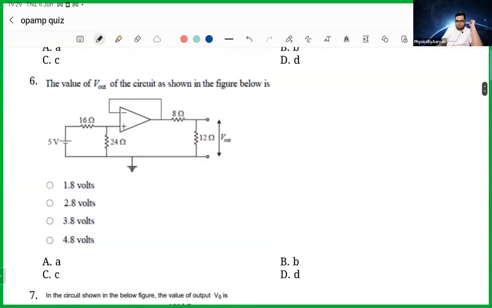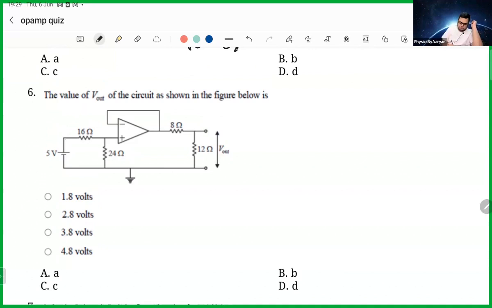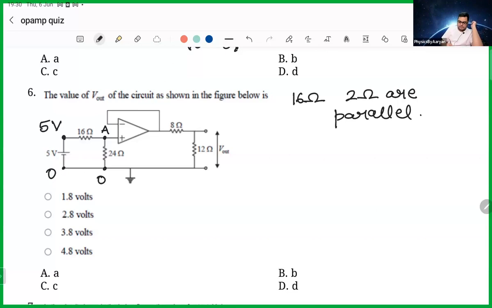Let's do that. So this point is 5 volt, and this point is 0 volt, and this is also 0. And let's find the potential at this point. Very clearly, I can see that 16 ohm and 24 ohm are parallel. Why am I saying that? Because 16 is connected between 5 volt and A. 24 ohm is also, so it's not 2, it's 24. So 24 ohm is also connected between A